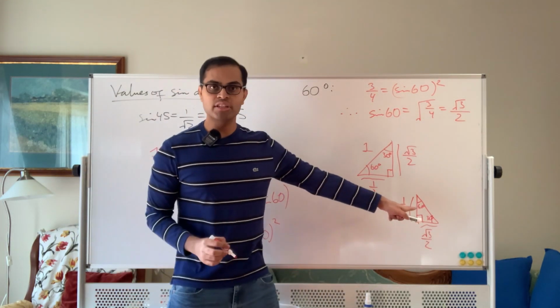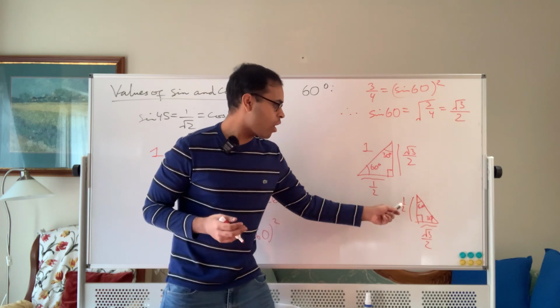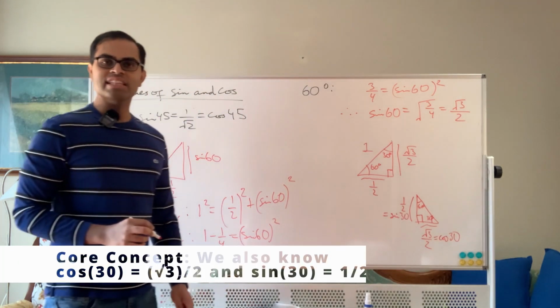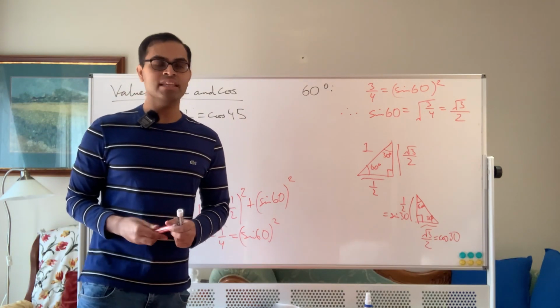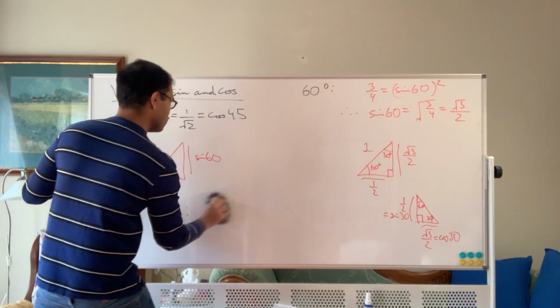But now we have a right triangle where the angle is 30, and we know that the adjacent side and the opposite side are going to be the values of cosine and sine of 30 now. Okay, so that's kind of a cool trick that allows us to go from one value we knew to another value, and now we can conclude these are the basic fundamental values of sine and cosine that are really